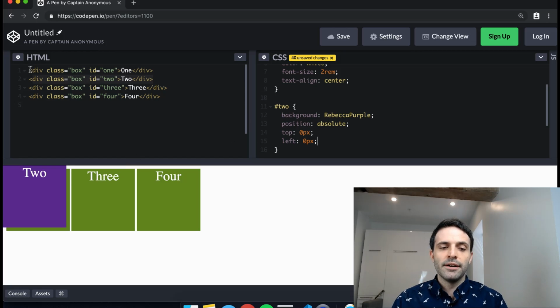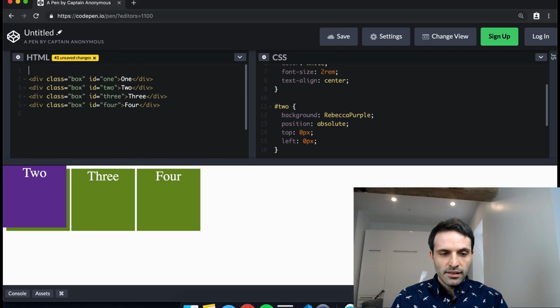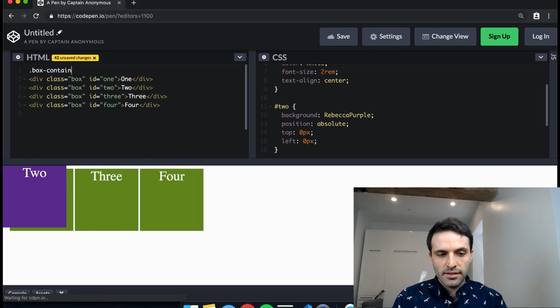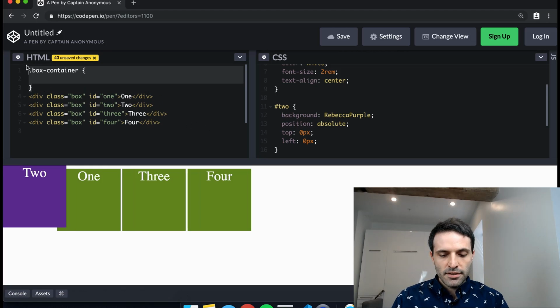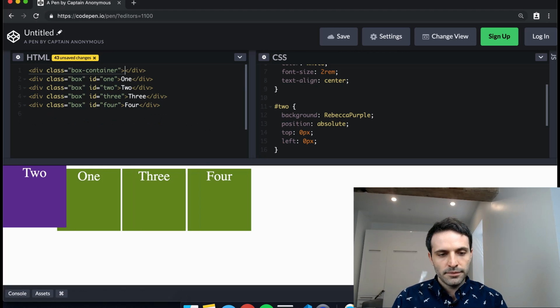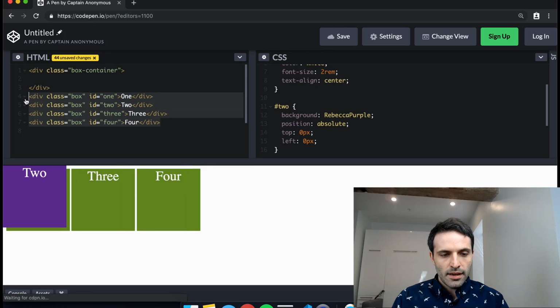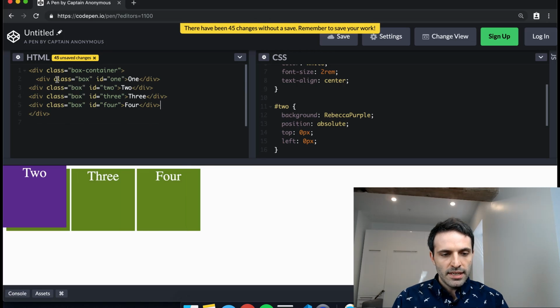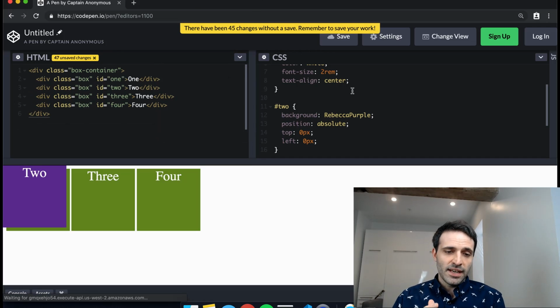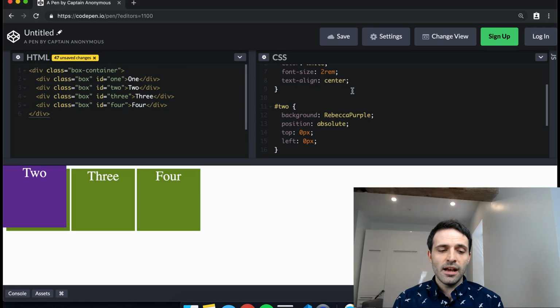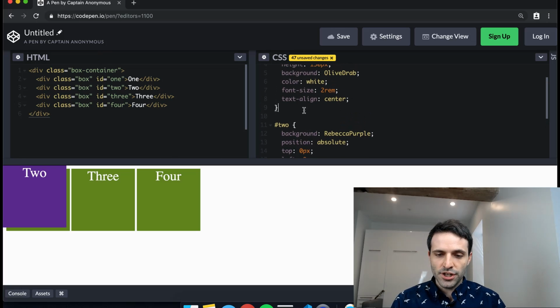There is one very important difference though, in that let's say we have another div that says box container, and let's say we put these divs inside of the box container. So now these things are living inside of this HTML element now. We can see that nothing really has changed here, but